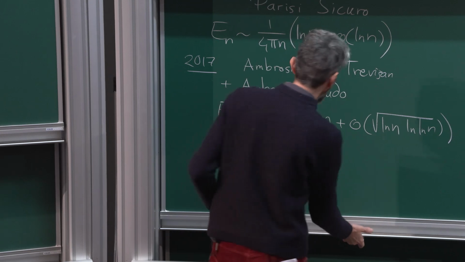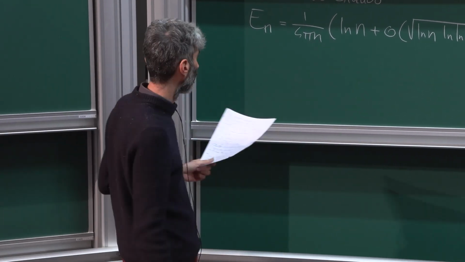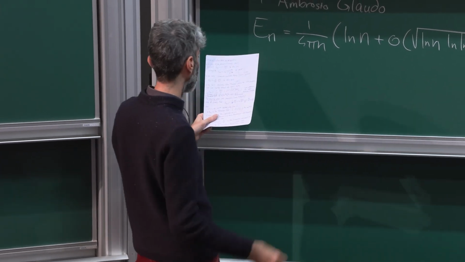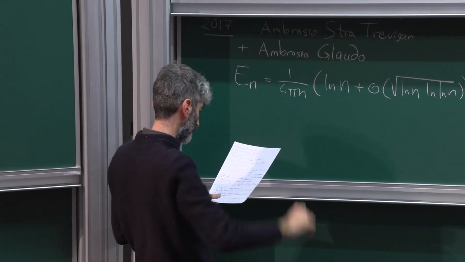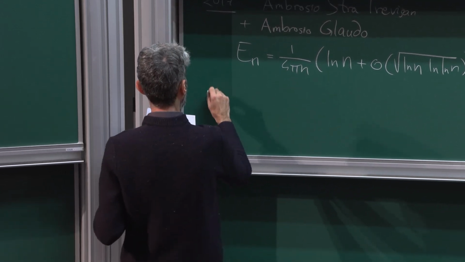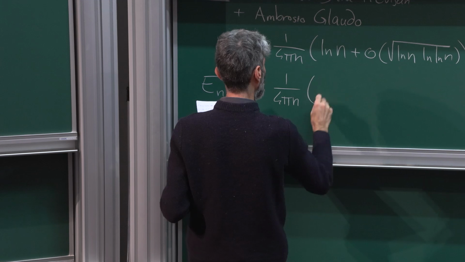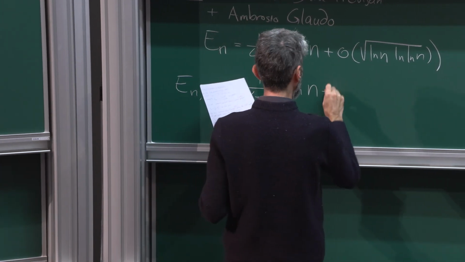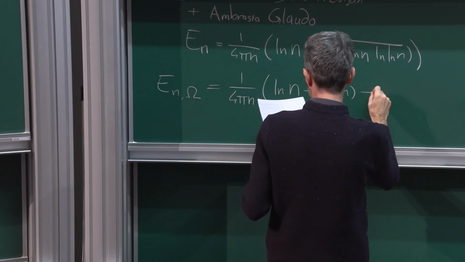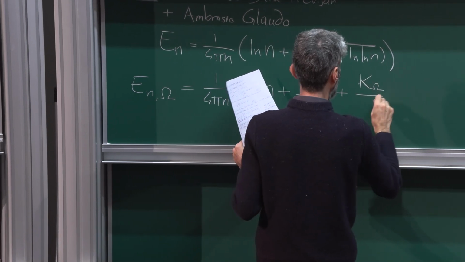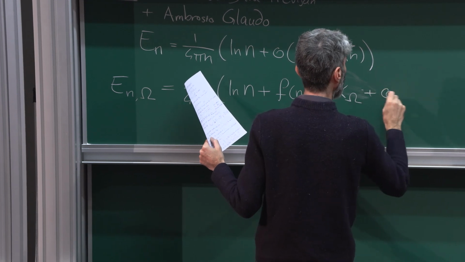For example, we had a paper at a point with the same authors that I told you, Caracciolo, Sicuro, and D'Achille, plus two others in Rome, Benedetto and Caglioti, which is a long paper and makes a lot of stuff, but somehow under the same theoretical ideas of Caracciolo, Sicuro, and others, we deduce that En of omega behaves like 1 over 4 pi n log n plus some function of n that doesn't depend on omega plus k omega, the way I write it, plus little o of 1,